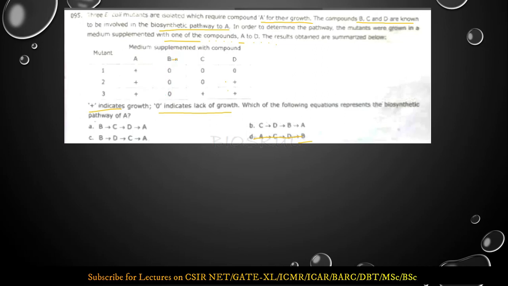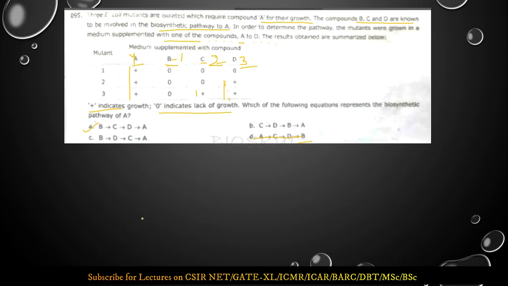Okay. Then at C there is a little growth. Then at D the growth rate is slightly increased. Then at A the growth rate is more. So what is the biosynthetic pathway? Of course, at first there is no growth, that will be B. Then a little growth, it will be C. Then a little more growth, that is D, it will be third. Then A is the last of the biosynthetic pathway. So the correct order is B, then C, D and A. B, C, D, A. The correct answer is option A.